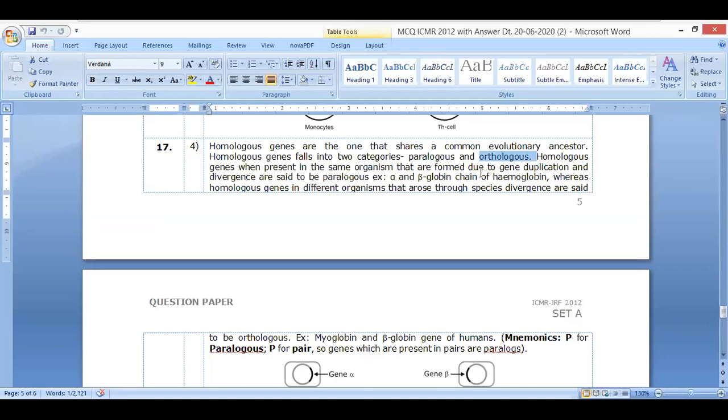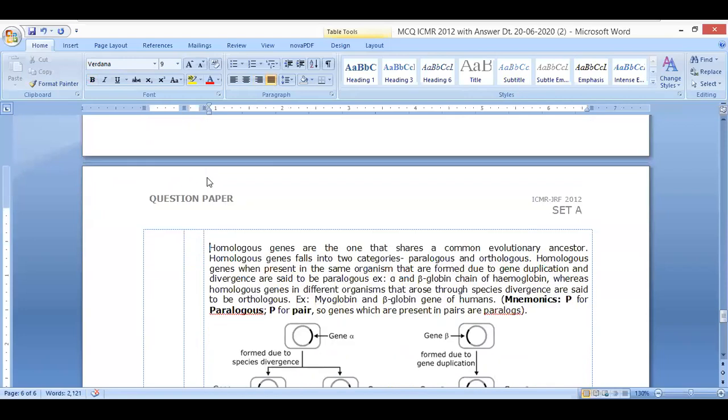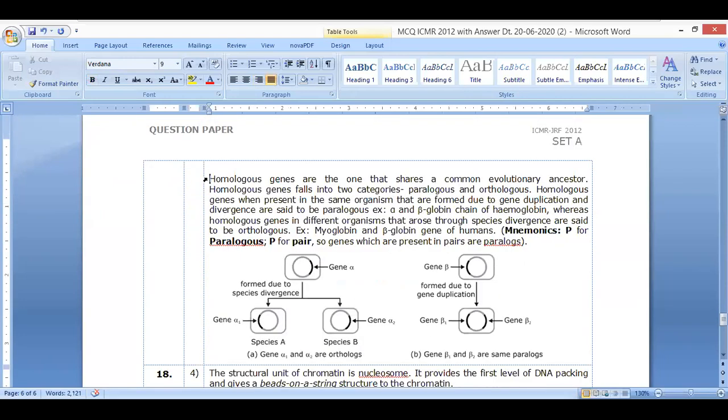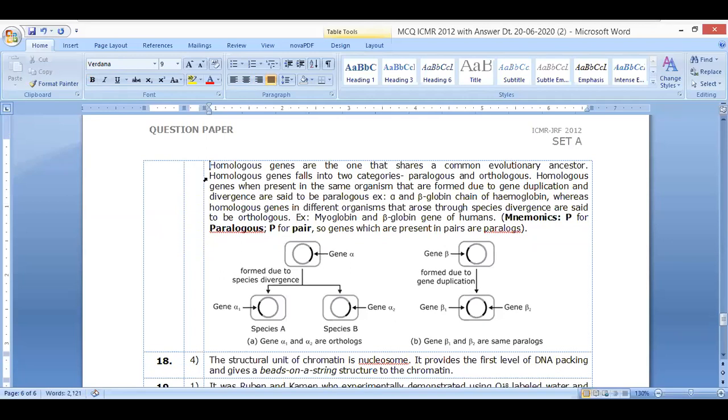There are 2 different categories of genes. One is referred to as the paralogous genes, another one is referred to as the orthologous genes. You can look here. There is a single gene. Then this gene evolved and gave rise to two different genes. They are said to be orthologous genes in two different species. For example, the ancestral globin gene gave rise to myoglobin and leghemoglobin. Myoglobin in Homo sapiens or in mammals, and leghemoglobin in the case of plants. So that ancestral globin gene is an example of orthologous gene.